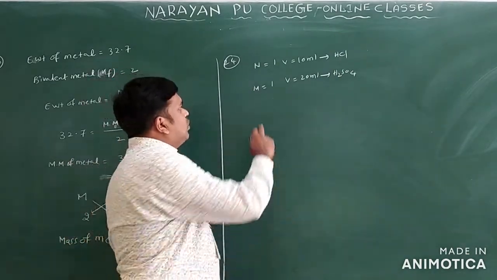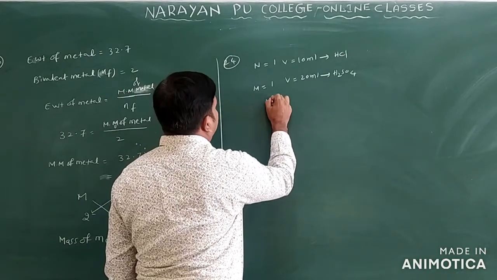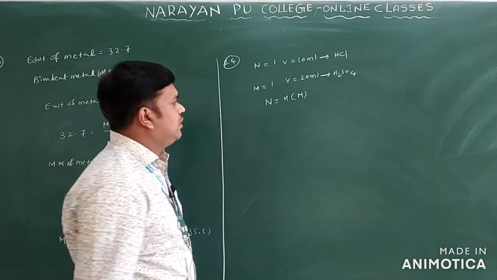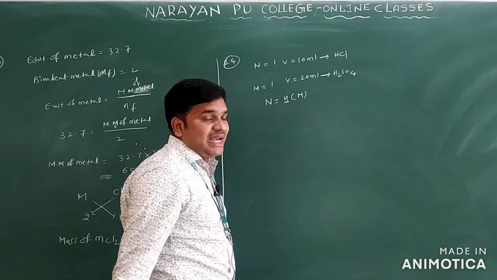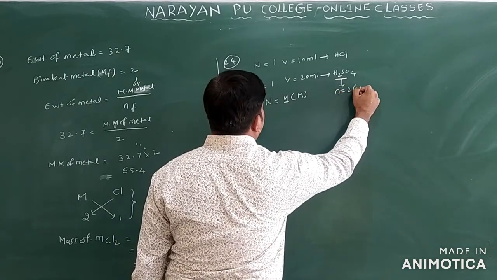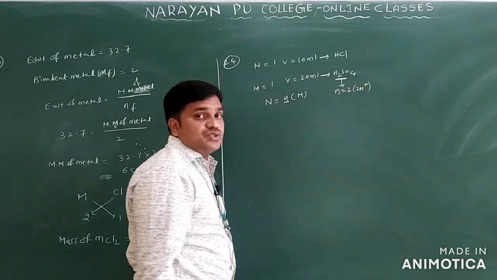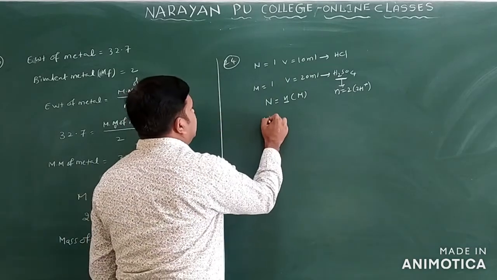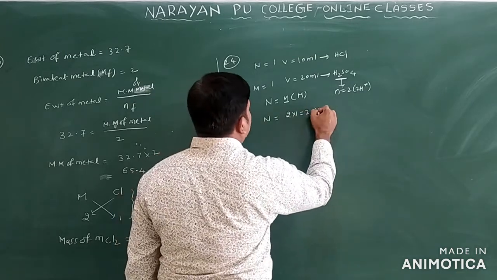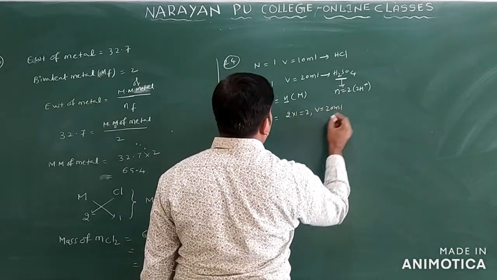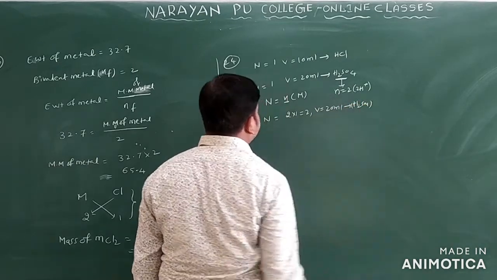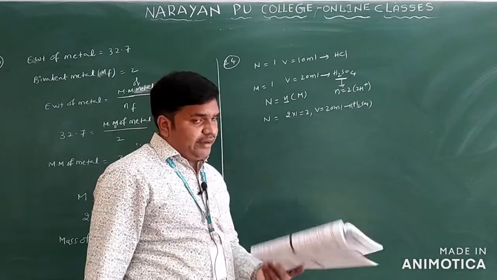You can convert this molarity into normality. You know one formula: normality N is equal to small n into capital M. What is small n? Small n represents the n factor. For H2SO4, n is equal to 2 because it gives 2 H plus ions. Now normality N is equal to 2 into 1, that is equal to 2 only. The volume is the same as it is, 20 ml. So this is for H2SO4 only.